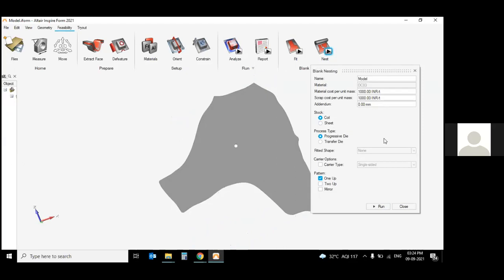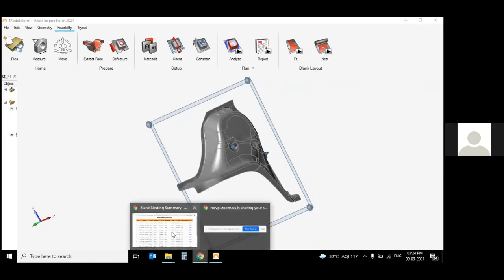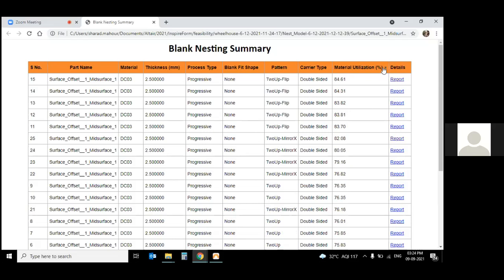So sheet or coil. Here I have selected the coil, and here I have also put the value of my material cost and my scrap cost. Once I run the simulation, it will show me the results just like this. So it is showing material utilization. Maximum material utilization is 84.61%. Let's see how my open blank shape is